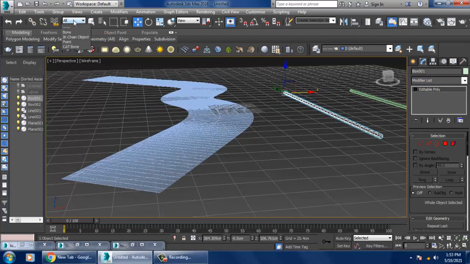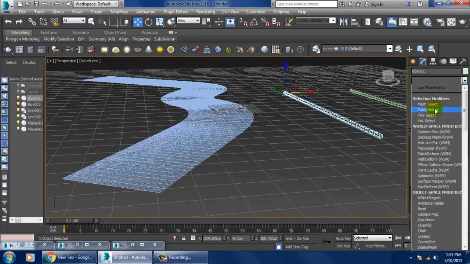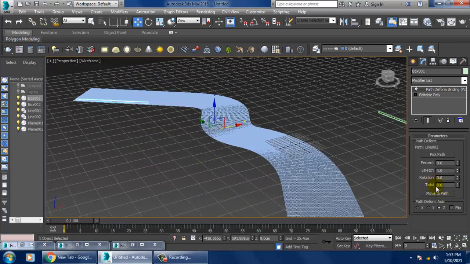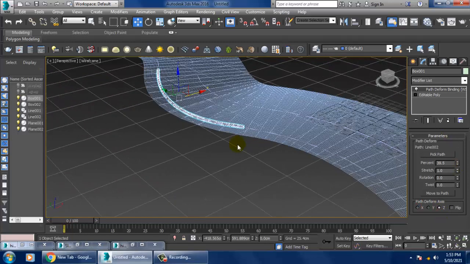After that, let's again go into this. I'll just go over here and again I'll give a path deform, pick path, and I'll select the path, move to path, z-axis, percentage, that's much better. So stretch it.